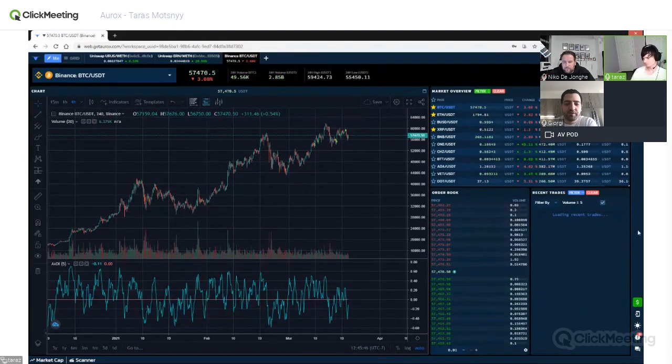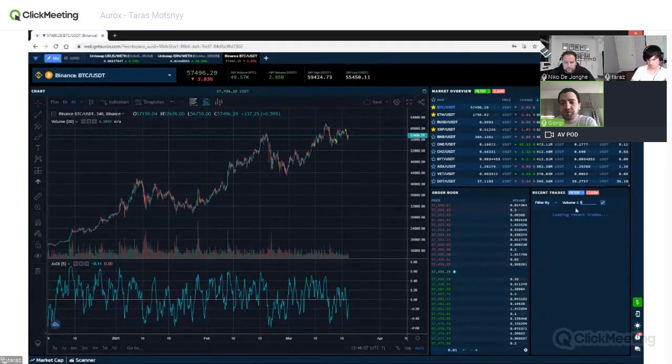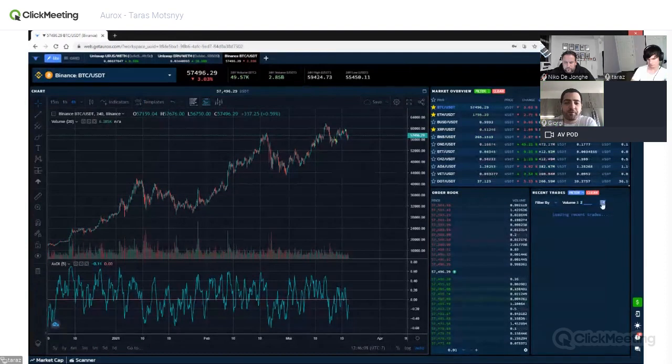That was one of our early functionalities, because the whales kind of dictate the market. They're entering in specific areas that most people don't know about. And by having a filter for recent trades and filtering out those little trades, because a lot of those little trades can be bots, whereas the bigger ones are